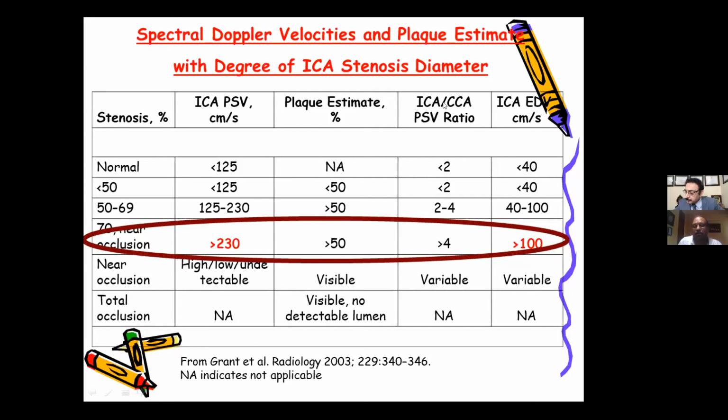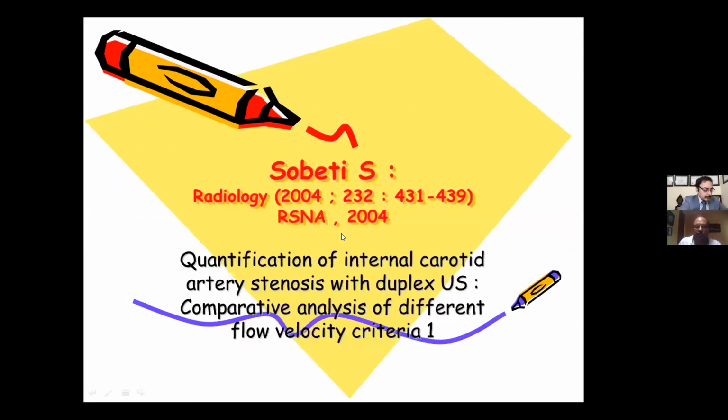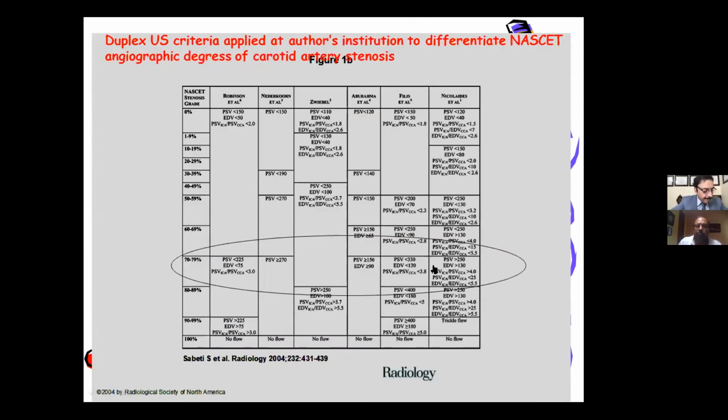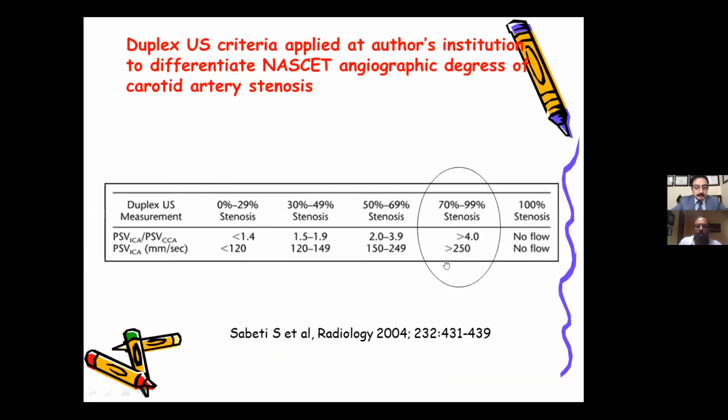Another very important factor which we often miss, and don't see in our report, is the ratio of internal carotid artery versus common carotid artery. If the ratio is more than 4 and these three parameters are fulfilled, it means we are carrying more than 70% stenosis. Many studies subsequently came to consensus on one thing: a flow velocity more than 250 centimeters per second, an ICA versus CCA ratio of more than 4, with an end diastolic ICA velocity of more than 85 centimeters per second, suggestive of 70% stenosis or more.